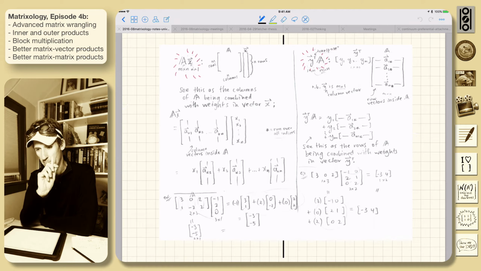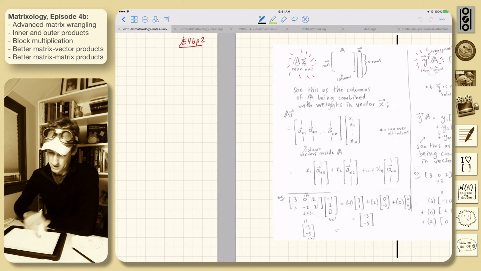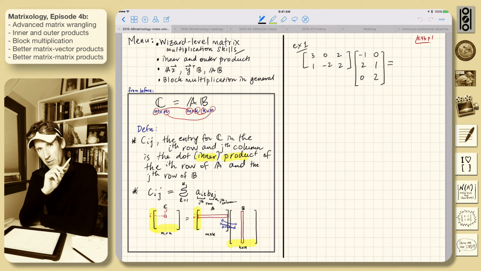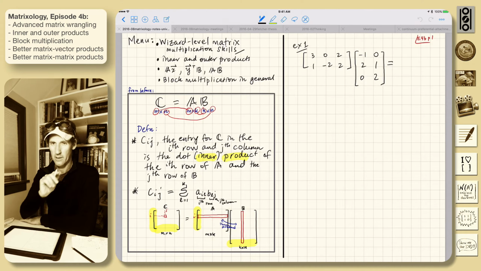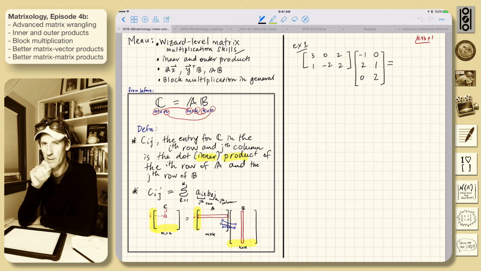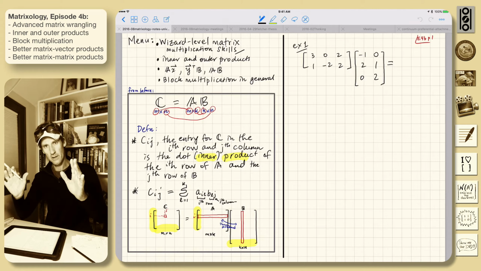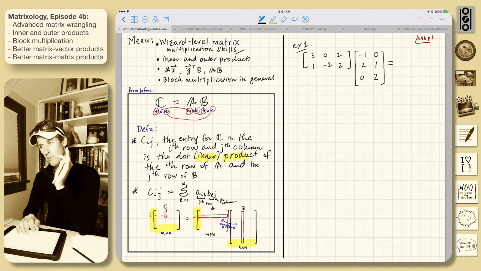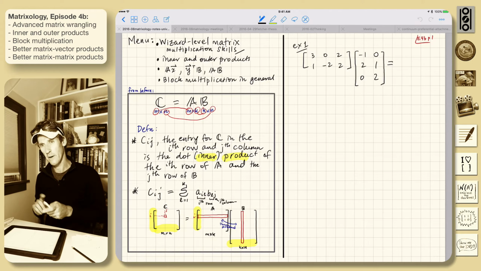Okay, advanced matrix wrangling. This is wizard level matrix multiplication skills. So we've got this idea of a dot product being the basis of matrix multiplication, right? That's our definition. So let me just reprise some of that, and then I'll go through some really important variations